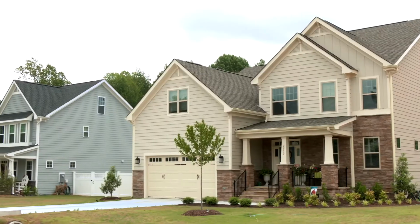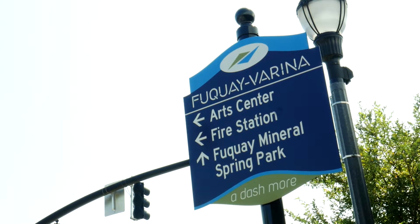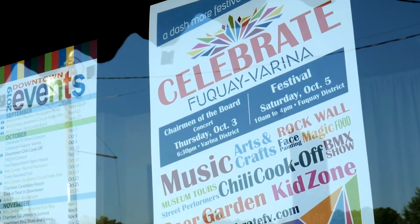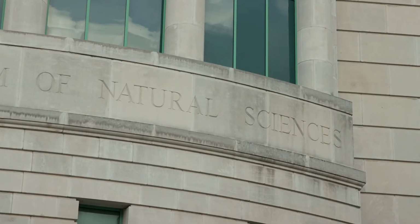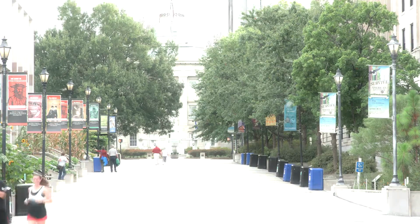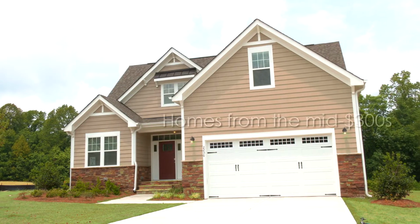With large home sites giving the feeling of an open country neighborhood, we're still close to charming downtown Fuquay Varina, with shops, restaurants, museums, and festivals. Downtown Raleigh is the home of the North Carolina Museum of Natural Sciences, one of the largest natural history museums in the Southeast. Relax and enjoy the quiet country lifestyle nestled in the trees of Copper Pond, with upscale homes